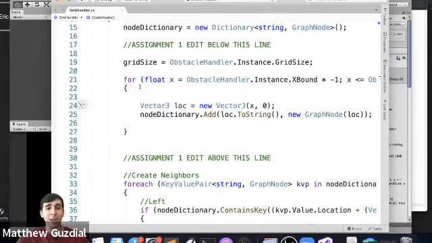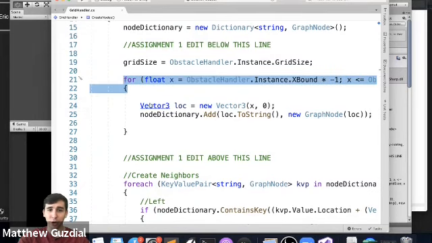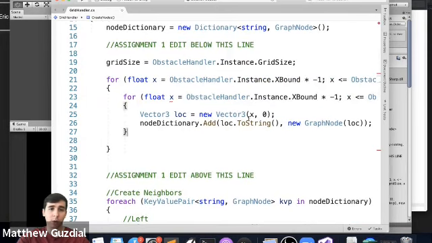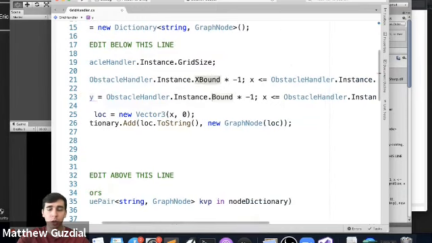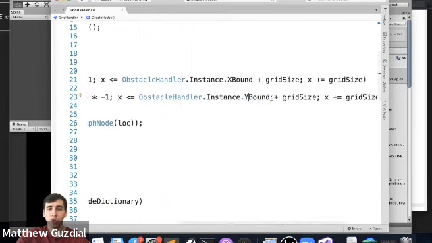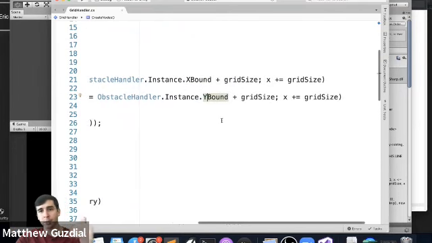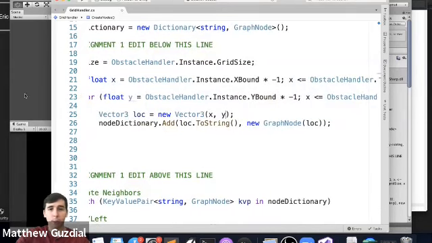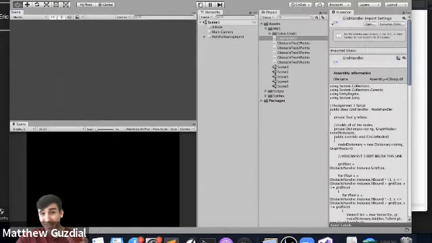Now, I can go ahead and give you the second for loop because this is trivial, right? It's just in the pseudocode. Let's go ahead and make this change. We want this to instead be over the Y dimension. Y bound instead of X bound, which is just giving you the boundaries of the scene. And that's it. So now we can just do X and then Y. So now if we run this code,